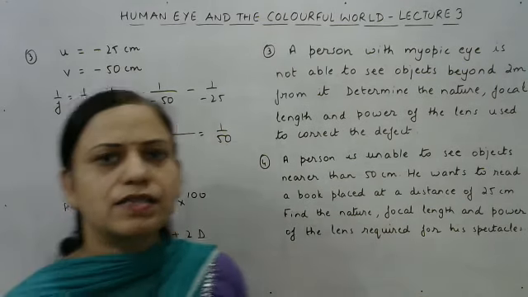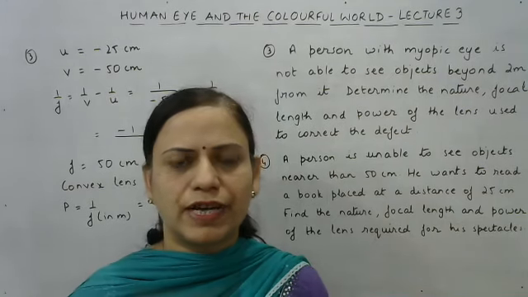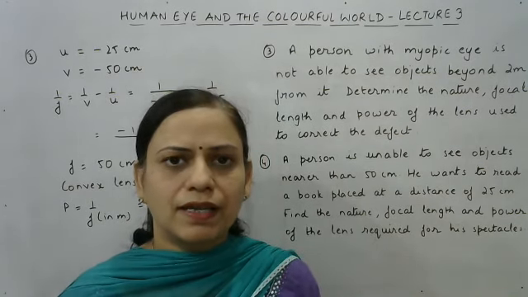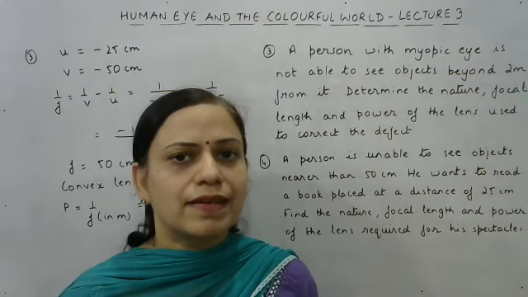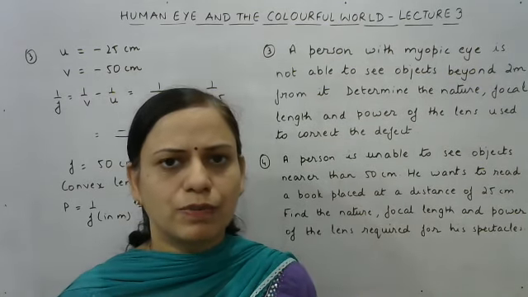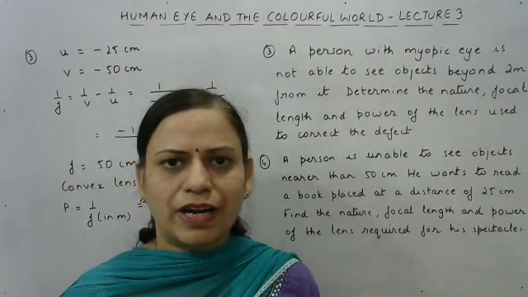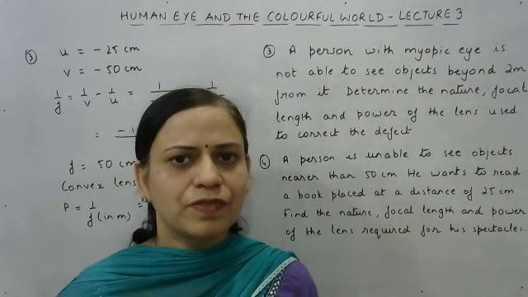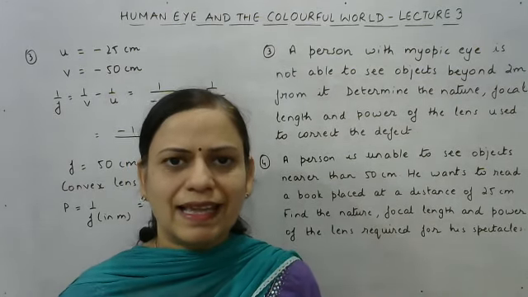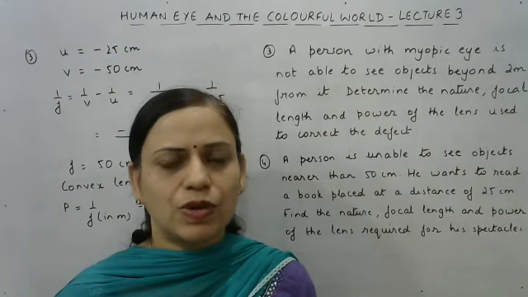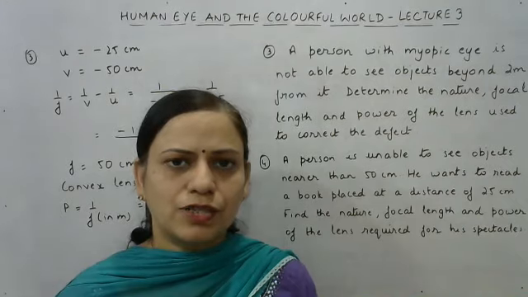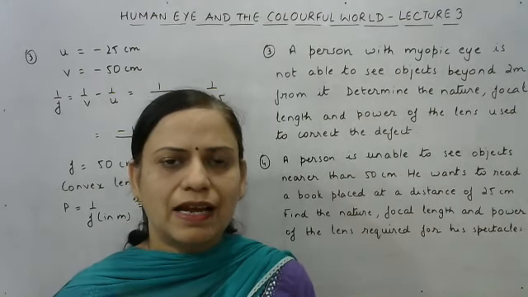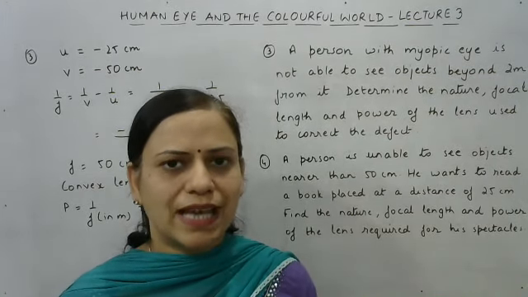Children, this topic is a very important topic for your exams. Please practice these questions. I have already taken up 2 extra questions. The rest of the questions you can refer to some extra books. You can refer to the internet to find out more questions and try and solve them. So there's hardly any trick involved in these questions. Only thing is that you must be clear what value to be taken as u, which value to be taken as v, and how to use the lens formula with proper sign conventions.